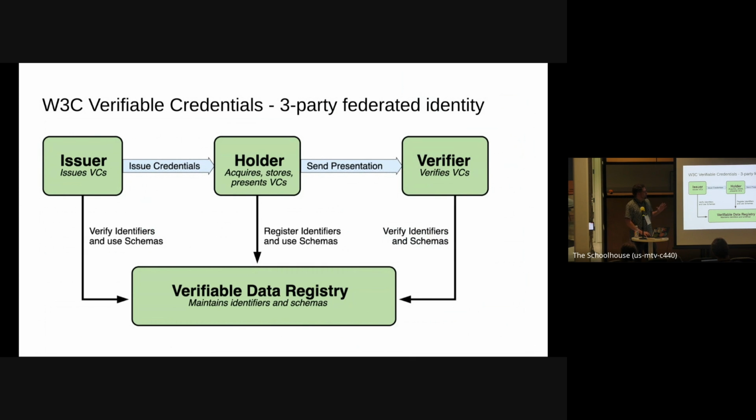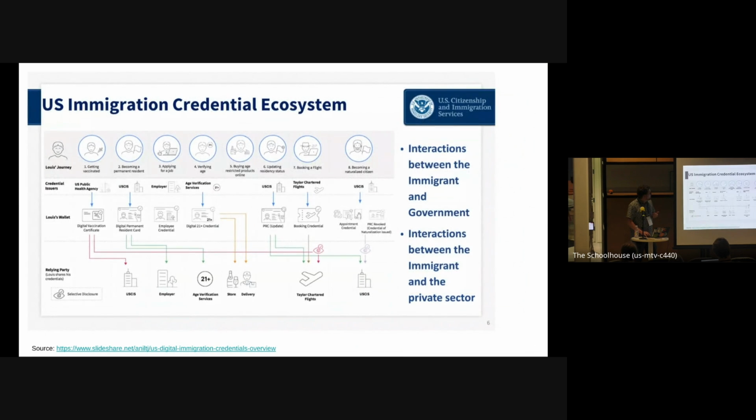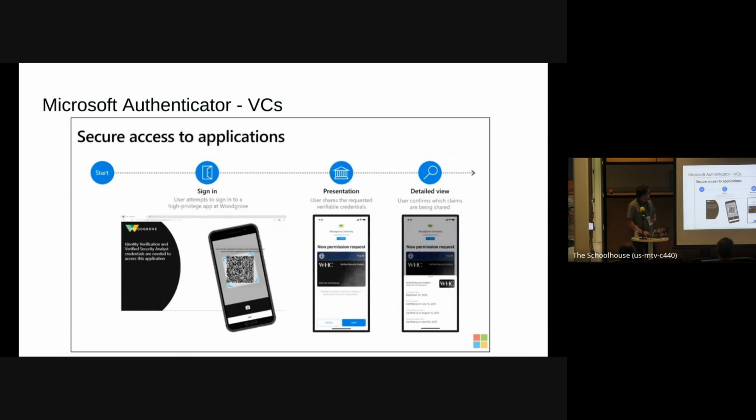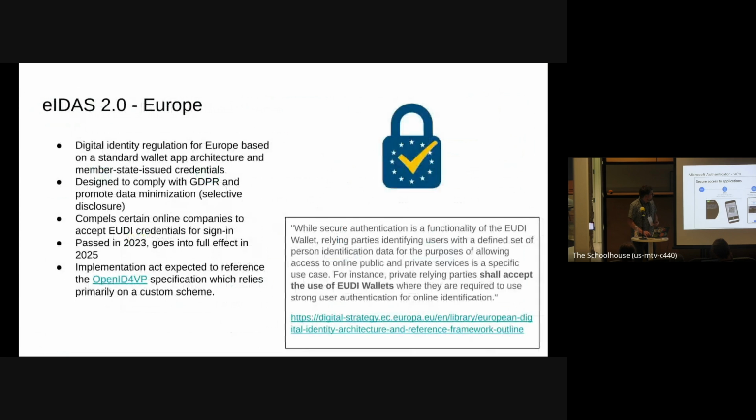But anyway, W3C has been working in this space for a long time, but browsers have largely been ignoring it for a long time as something that happens on top of the web rather than in the web. There's also lots of other government entities. US Immigration has a whole bunch of verifiable credential stuff. Microsoft has an authenticator app that for a long time has supported these kinds of IDs. You can use QR codes to sign into websites using these kinds of verifiable credentials.